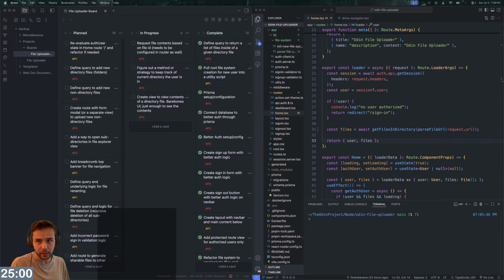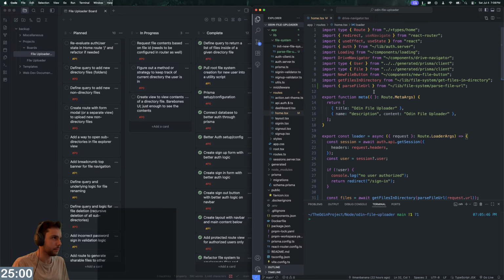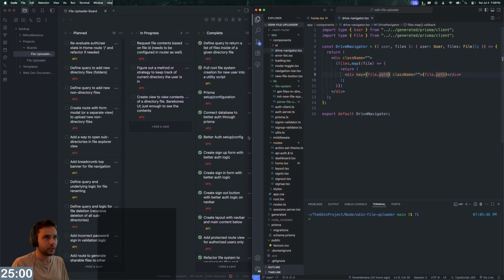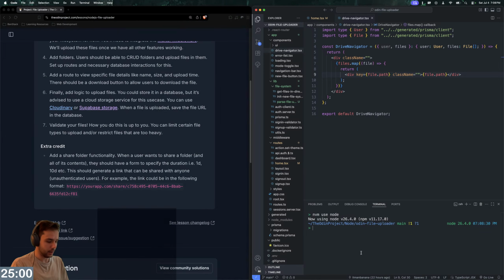Posted my link. All right, so today the plan is to continue on with the file uploader project that we have been doing. Kind of made a breakthrough, it feels like, last time with the file system a little bit. So basically, the way we have it now, use node. Let me just get this pulled up here. The way we have it now,